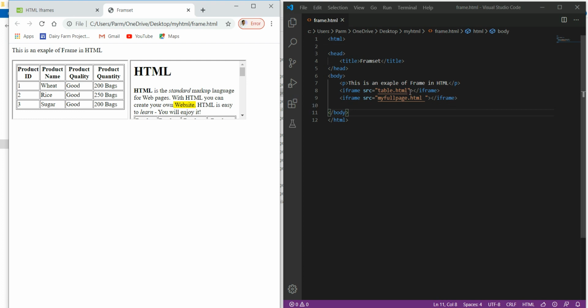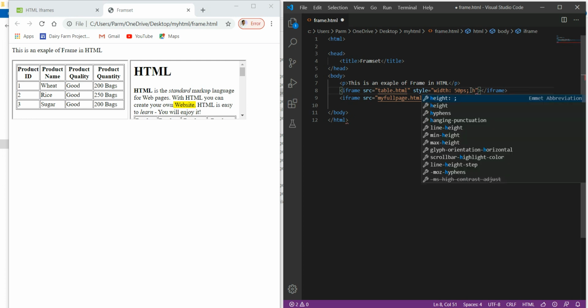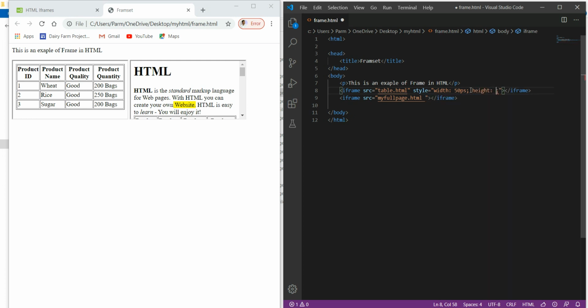We can use the style property of the frame to specify its height. Say width, I want to specify as 50px, and simultaneously I want to give height equal to say 100px.